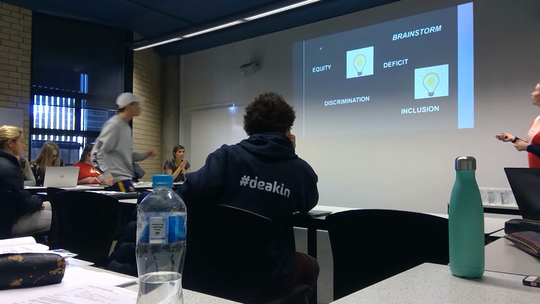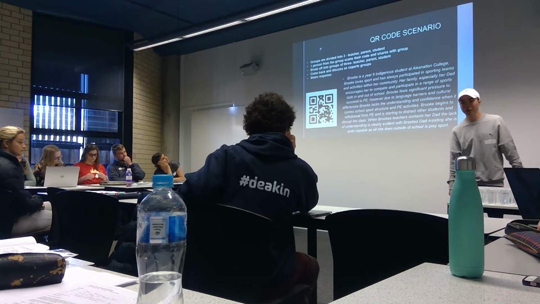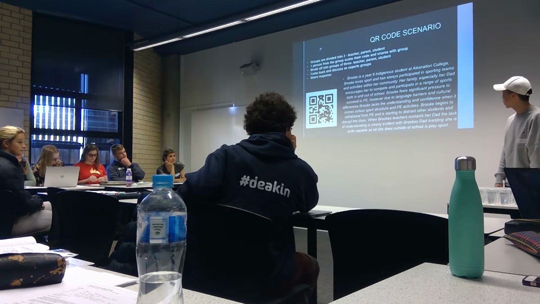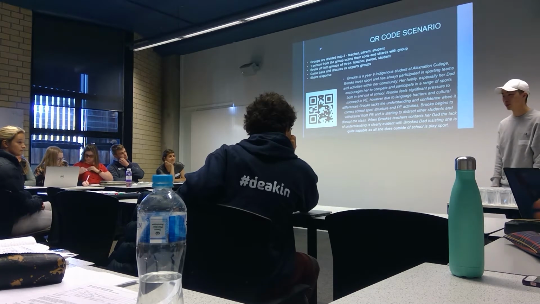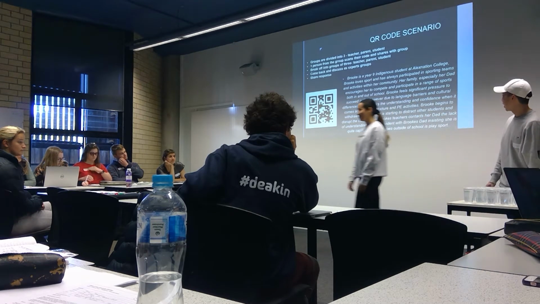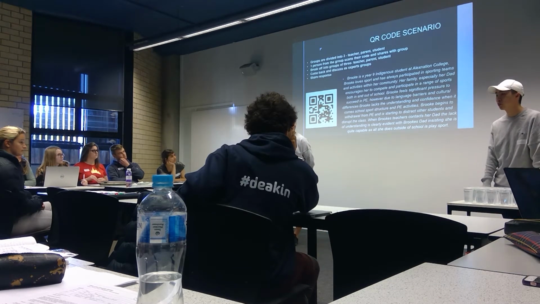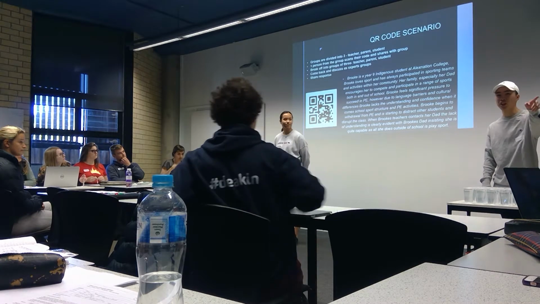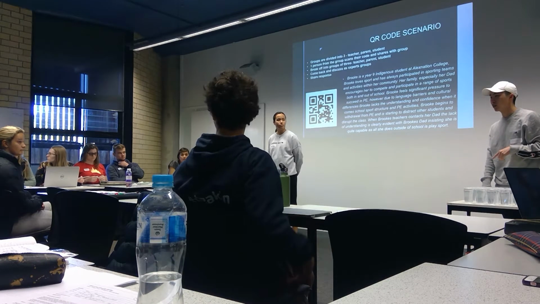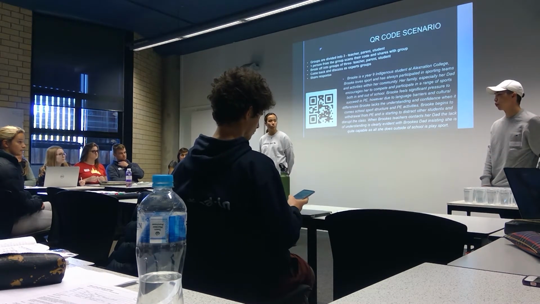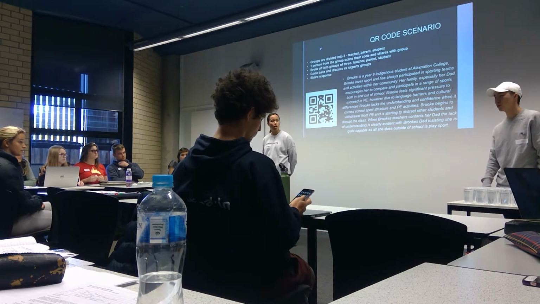Okay, so moving on to our first activity. Our first activity is our QR code scenario. I'm going to get Miss Gray or Miss Collins to give you a number, 1 to 3. In your groups, you're going to pick one person to download a QR code app on your phone, and you're going to scan the QR code on the walls over there, and there. First in, first served. You're not going to know what your number represents. Find your QR code, and you'll know what you are.